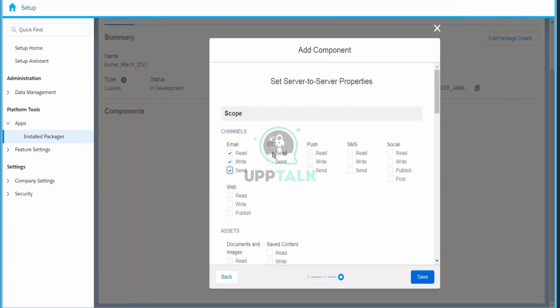OTT is your Group Connect. If you have your WhatsApp or WeChat integrated, this is the step. If you'd like to give access to read it,